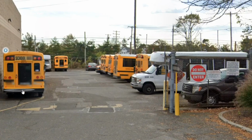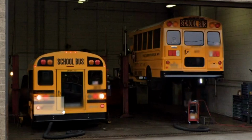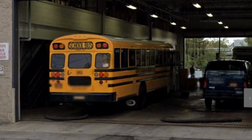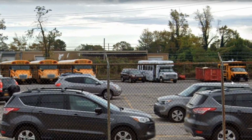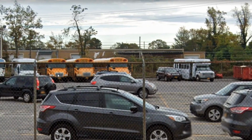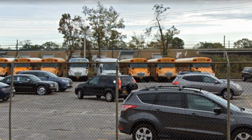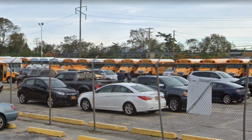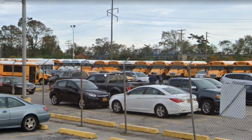Taking a look inside the lot, October 2020, we can see some Trans-Techs. We have a couple MB2s, a Minotaur, and a G5. In the garage, we have a Minotaur and a Trans-Tech, as well as a couple Bluebird, what I assume to be Visions. Taking a look at the main portion of the lot, we can see a Minotaur on the end, a G5, we have some Visions, a Freightliner M2 bus, we have some more Visions,